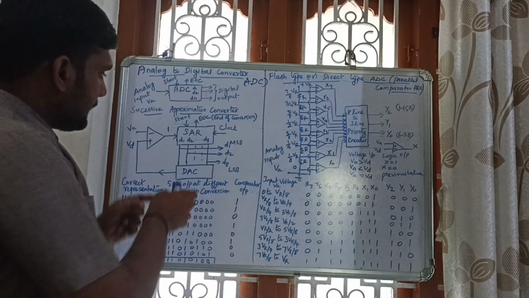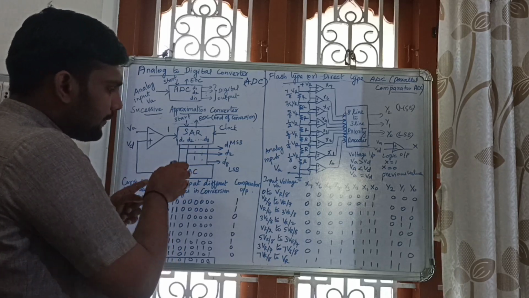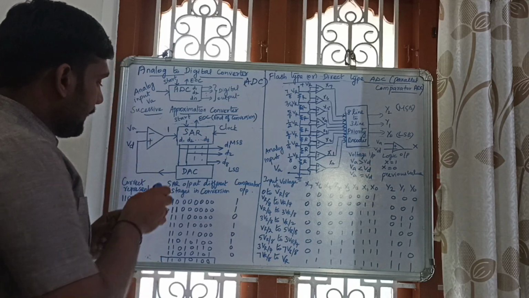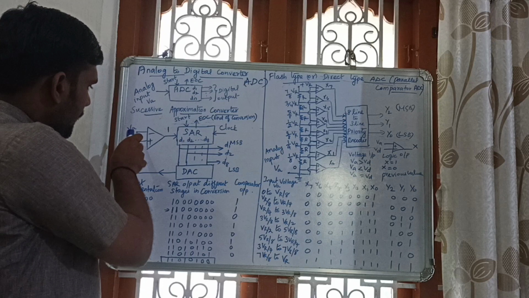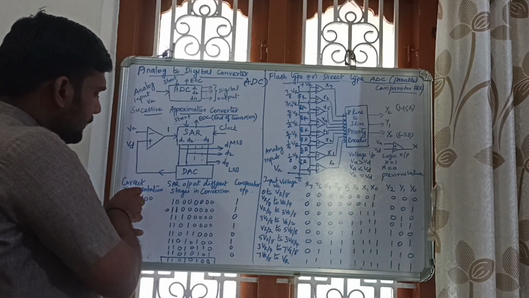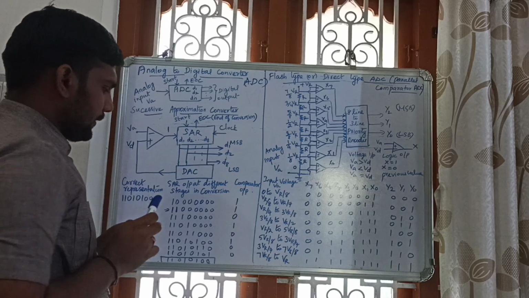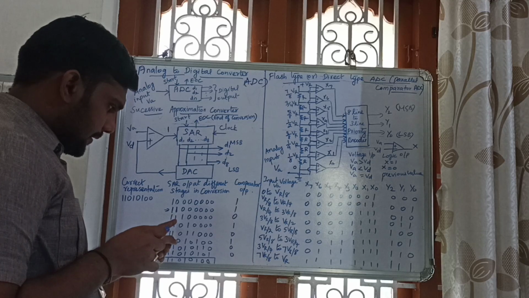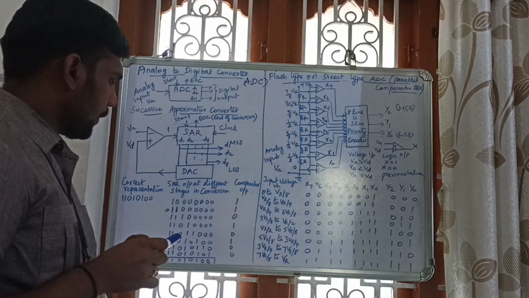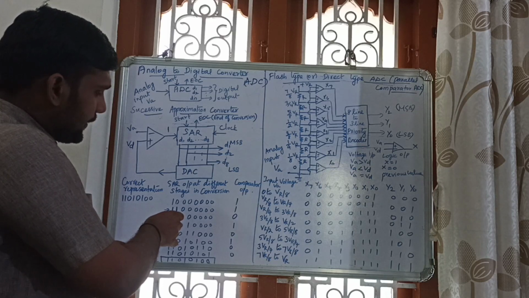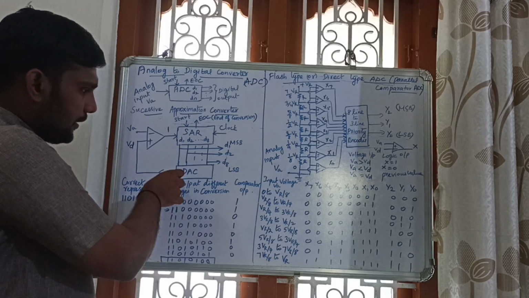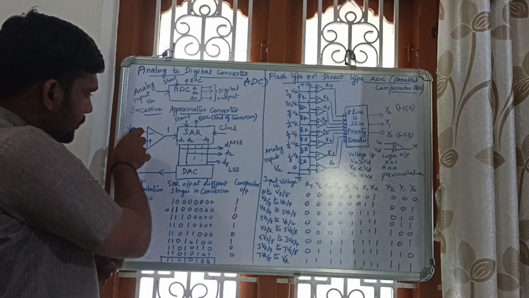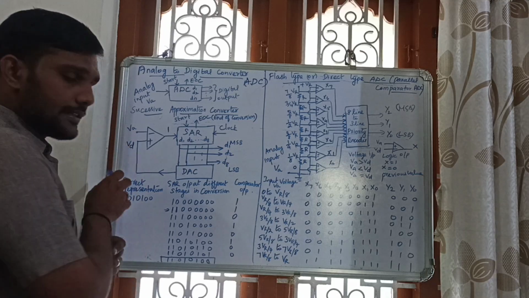After that the same process will be done. That digital value will be converted into analog output, which is given to the operational amplifier. Now both will be compared, VA and VD. Now also VA is greater, is it not? So the output will be 1. If the output is 1, that digit will be kept as it is, and it will make the next digit as 1. After that this value will be converted into analog, which will be available here. Now these two, VA and VD, will be compared. Now which one is greater?